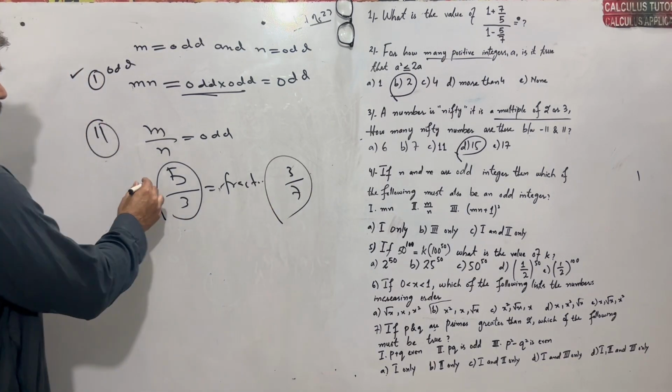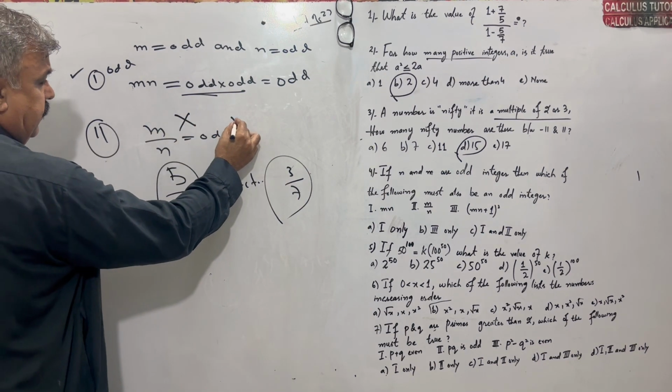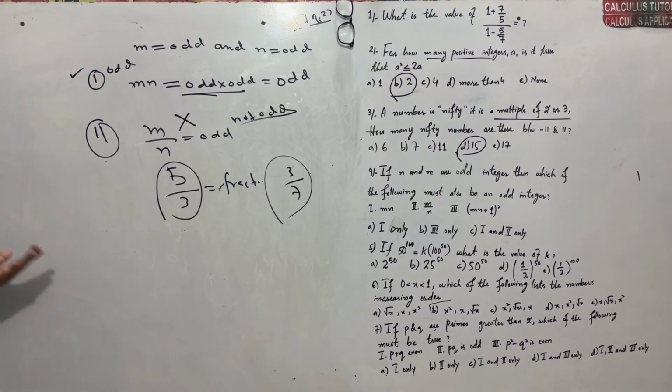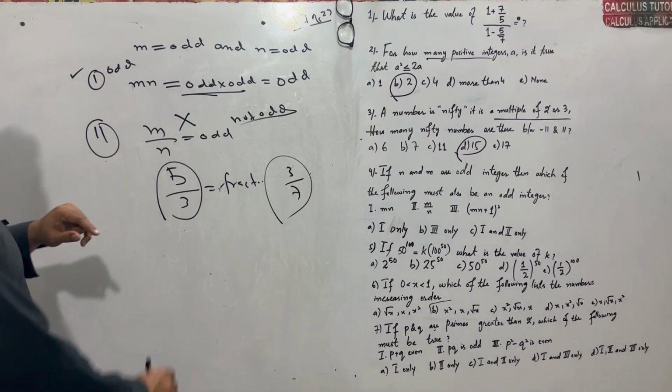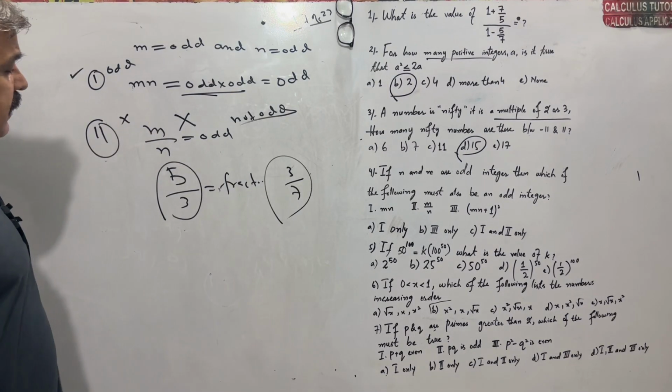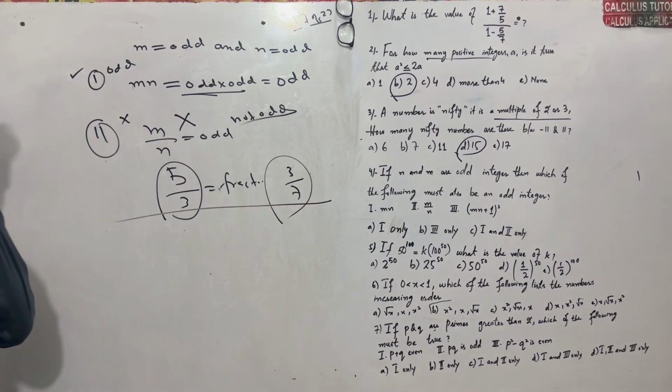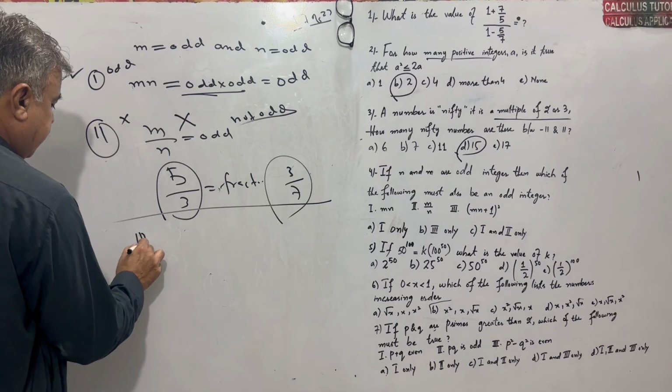So m over n is not always odd. Odd means always odd. Sometimes it is odd, sometimes not. So we discard this option. Moving towards the third option. Third is m times n